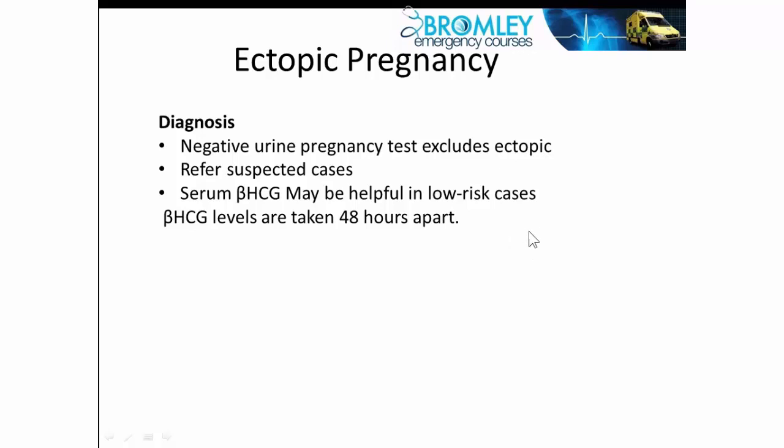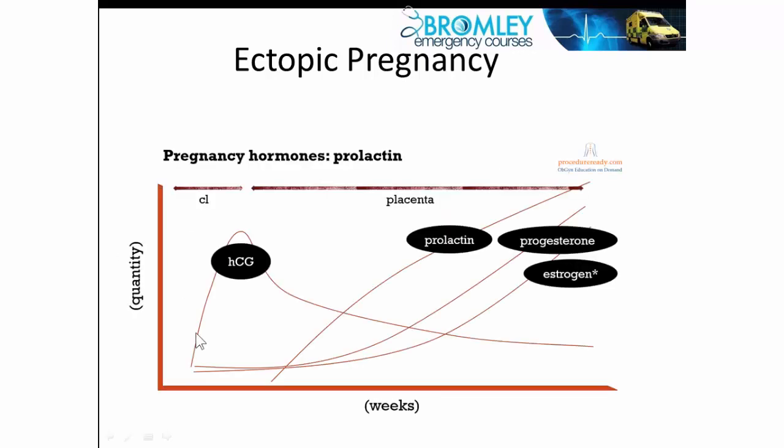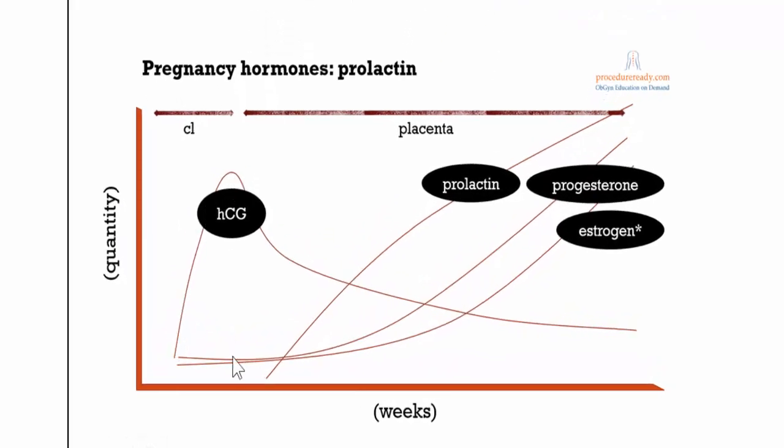The human chorionic gonadotropin, so it comes from the chorion, and I'm just going to skip ahead a little bit to the next slide and just show you this curve here. So here's the full length of pregnancy from the beginning to delivery, and if we look at the earliest part of pregnancy here, here's beta HCG rising very quickly up to about somewhere between 8 and 11 weeks. It reaches a peak and then falls down again. And of course it's during this period here of the high upslope that you have the risk of an ectopic